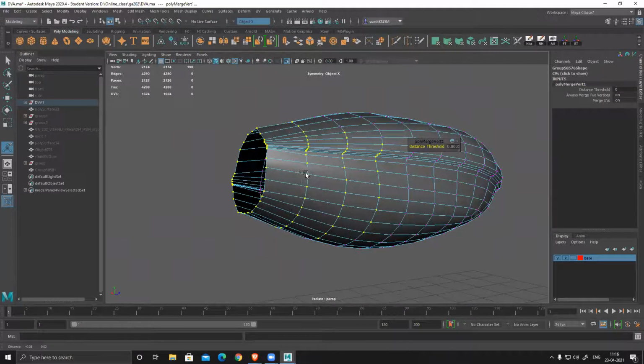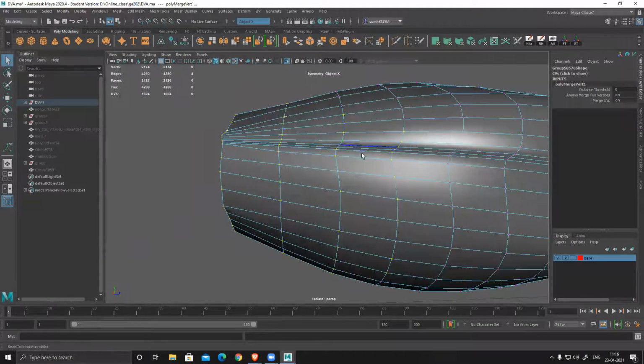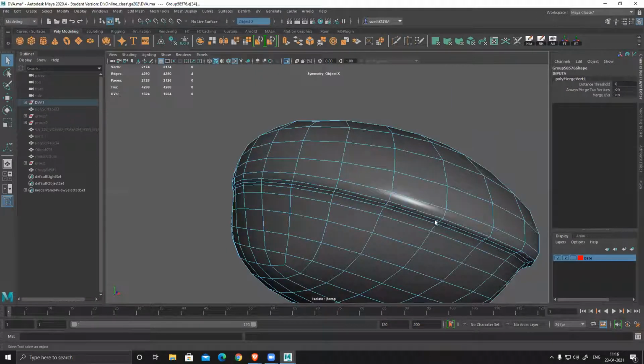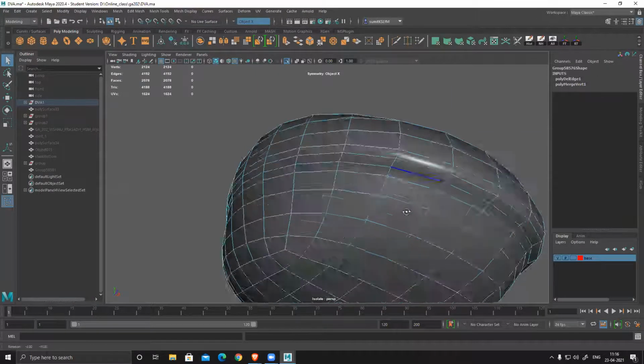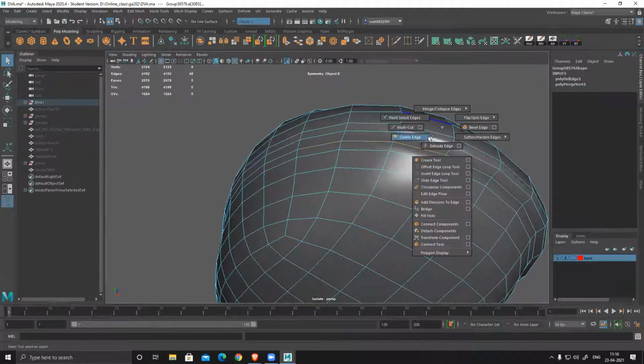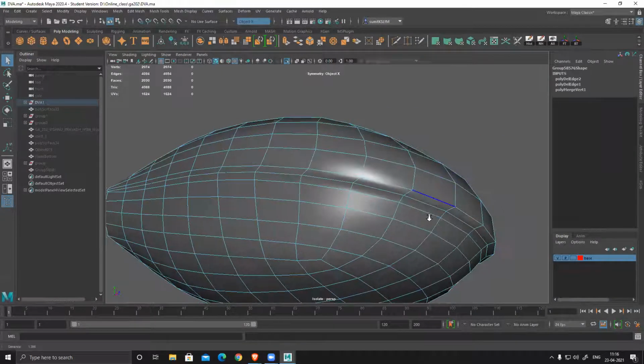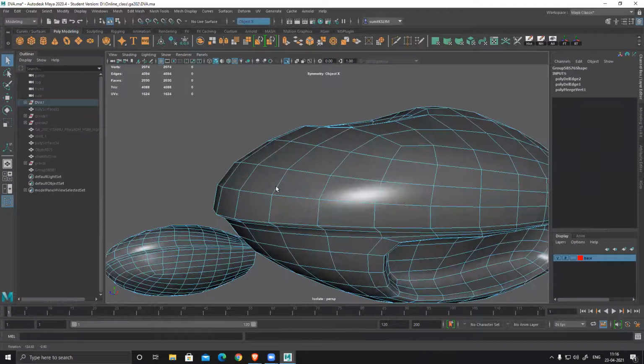There's nothing floating, and a few things I'll modify here. Like this loop is not required. This loop also I can use. This loop is also not required.